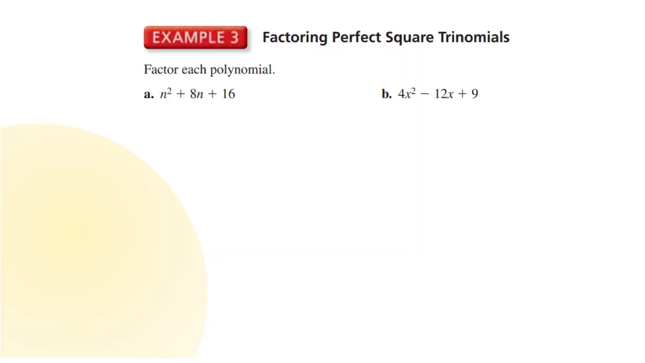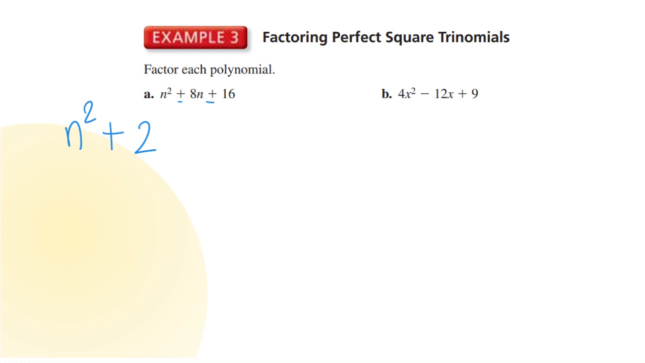So let's work this out. If we know we have, factoring the perfect square trinomial, we have n squared plus 8n plus 16. Remember, we know we have a positive and a positive, so that means that my inside is going to be positive, correct? So if I have n squared, which is a perfect square,